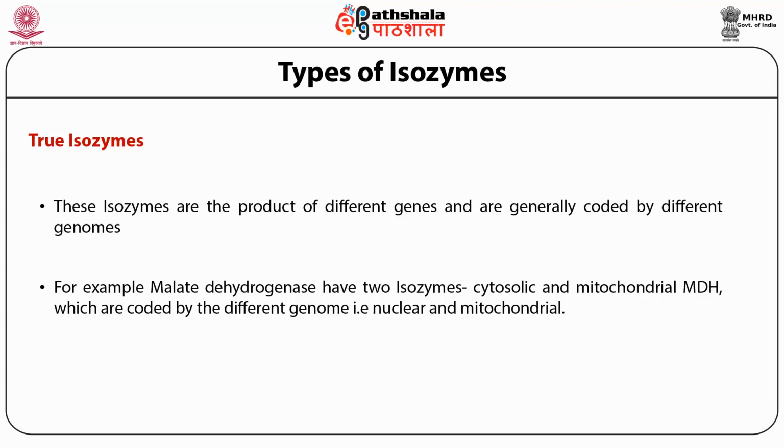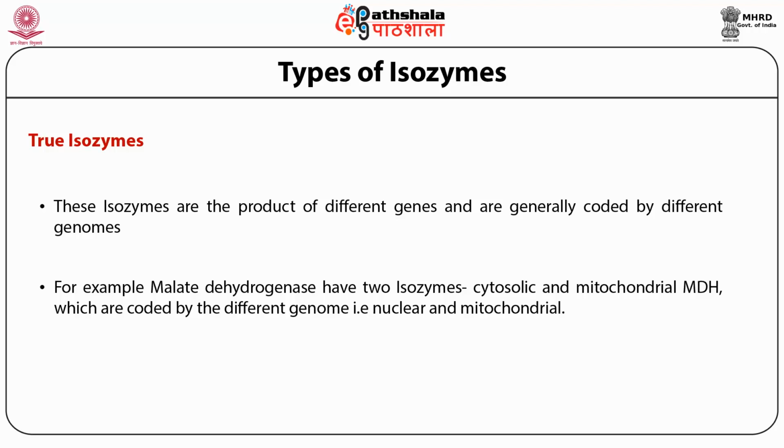So they are isozymes involved in the same step but performing different reactions. Not only that, they originate from two different genomes. For example, mitochondrial MDH, malate dehydrogenase, is synthesized from the mitochondrial genome, while cytosolic malate dehydrogenase is synthesized from genes present in